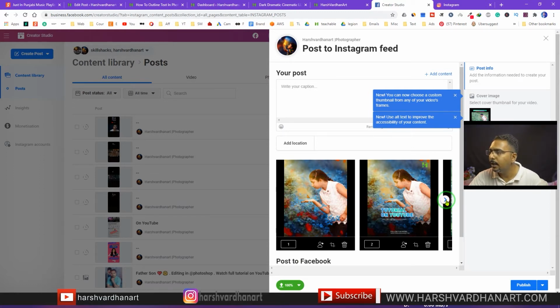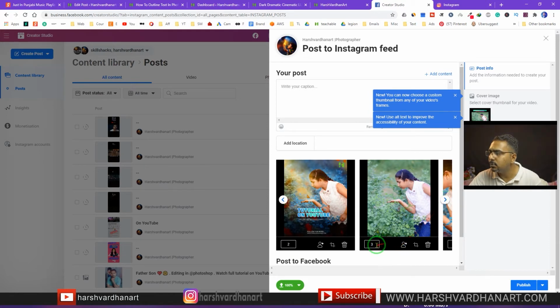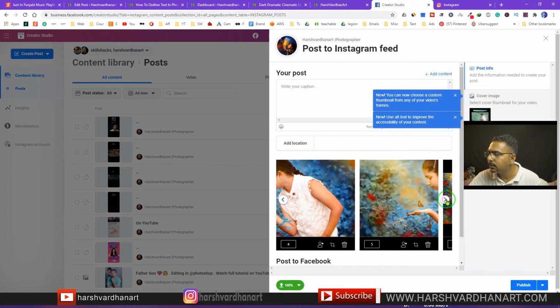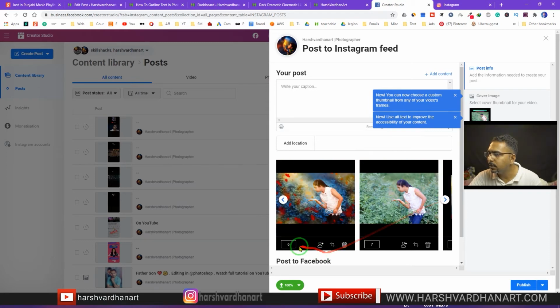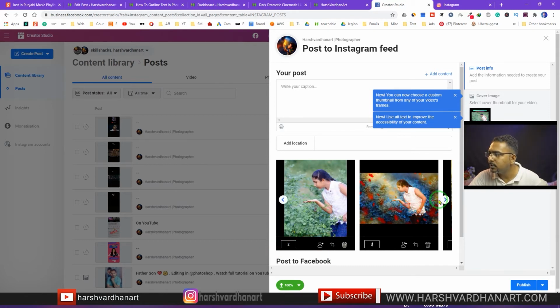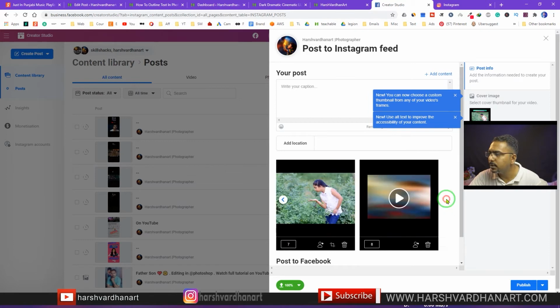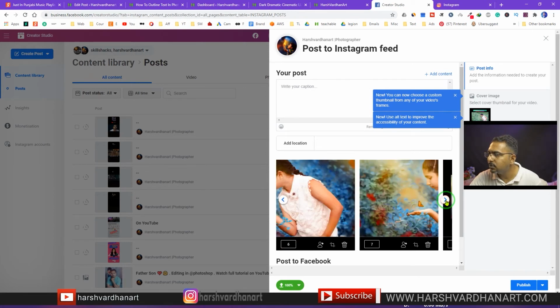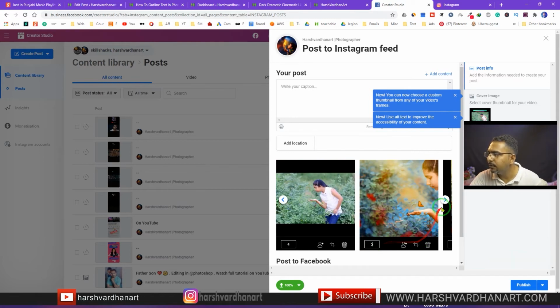And then I will choose this second image, so I'll type 2 over here, press Enter, so that would be the second. And then I will choose the third one, so let's go for this one, 3, and press Enter. So now this would be the third, and then I will choose the fourth one from here, so that would be the fourth one. And then I will choose this one, 5, so that would be the 5th.